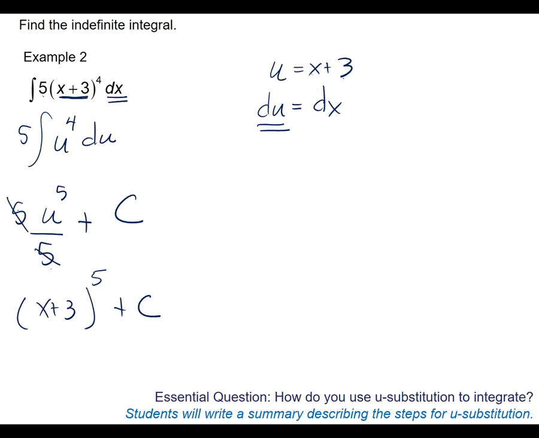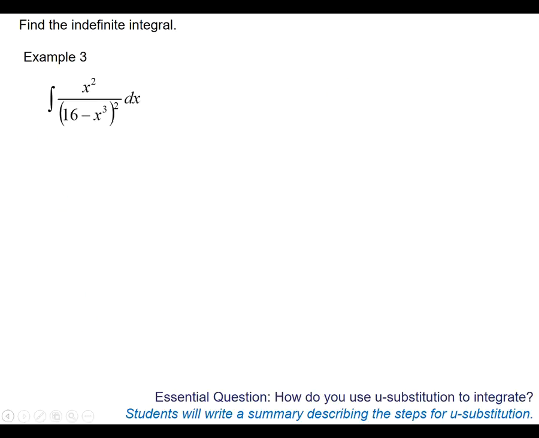All right. Example 3 is a little uglier, right? Oh, yeah. A lot uglier. All right. So first of all, we want to find the u. So I want to find the function that looks like an inner function. Okay. So if you just blindly guess, what's the inside function? X squared. 16 minus